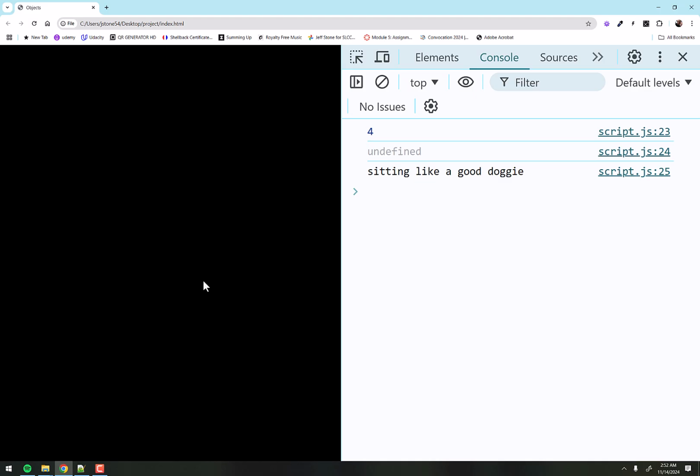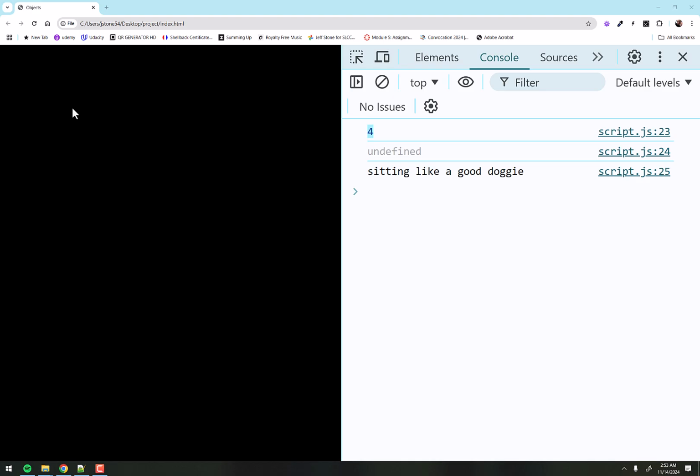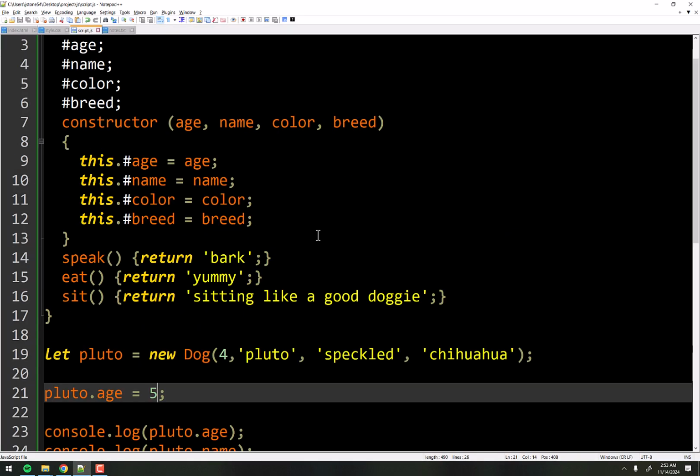Now when we refresh, you'll notice it appears like it worked, but it's not quite what you think, okay? So first of all, notice the 4 here, and I put a 4 there, and if I change that to a 5, I will get a 5 here, okay? The reason that's happening is because we're not quite done with this privacy stuff here just yet.